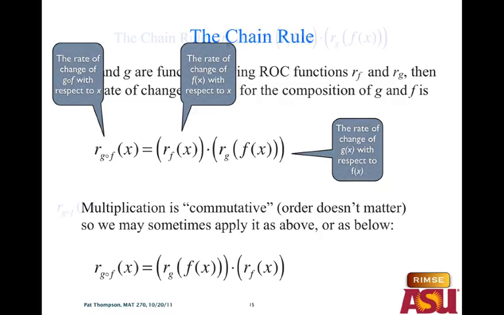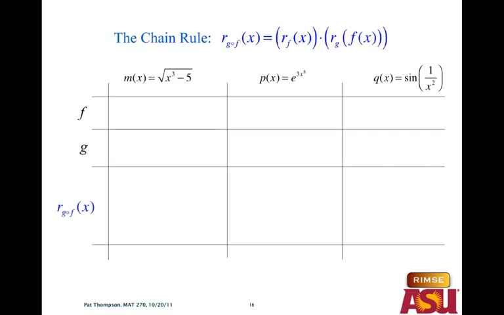Okay, so let's go back to this. What did we say for that first one? We had our f was x cubed minus 5, and our g we said was square root of x. So we're applying the chain rule to find the rate of change of m, which says take the rate of change of the interior function, f. Our interior function is x cubed minus 5, so its rate of change is